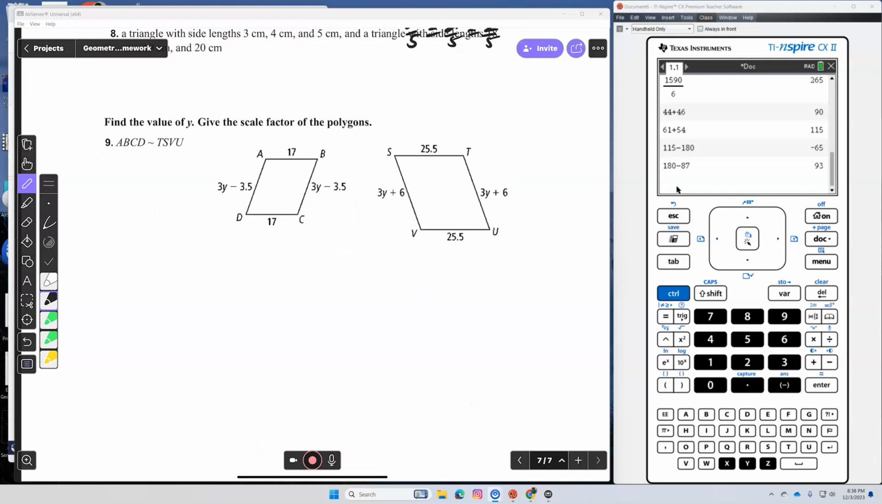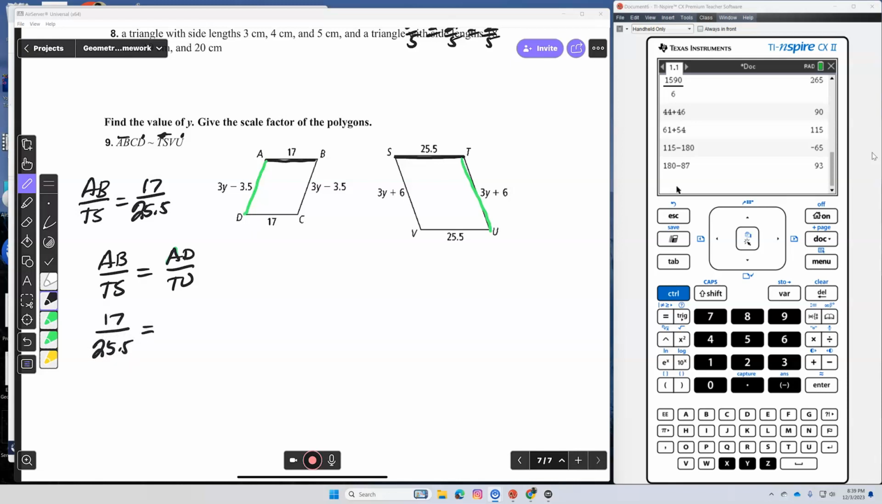Find the value of y. Give the scale factor of the polygons. AB is to TS, and that's my scale factor. So we have 17 is to 25.5. You can simplify. I'm going to leave it like that. What I'm going to do is set up the proportion to find y. So we have AB is to TS as, I'm going to use one of the sides that I need to know. So AD is to TU. I'm using the statement. So I have 17 over